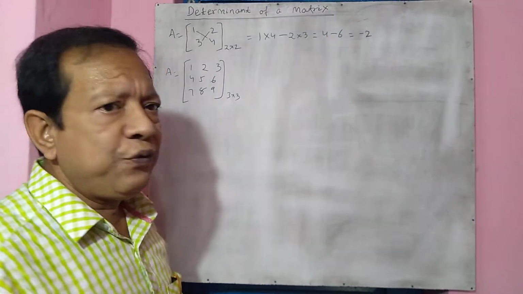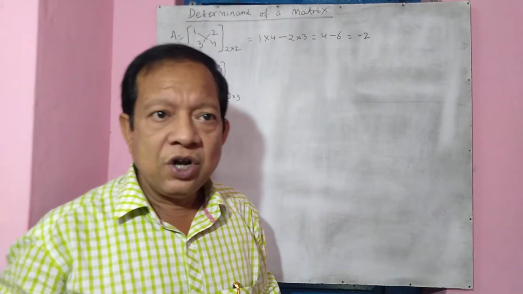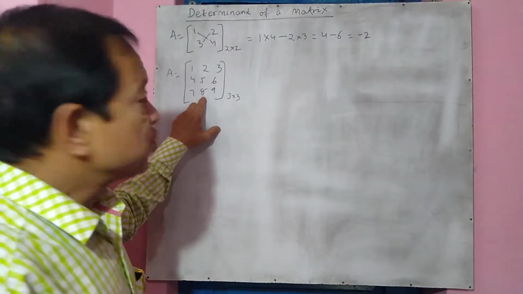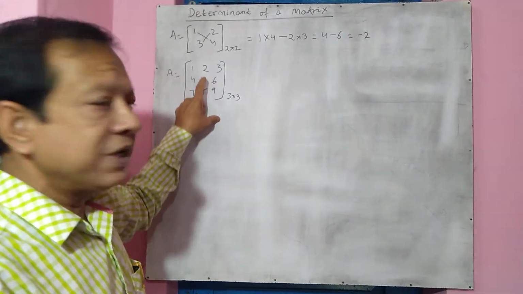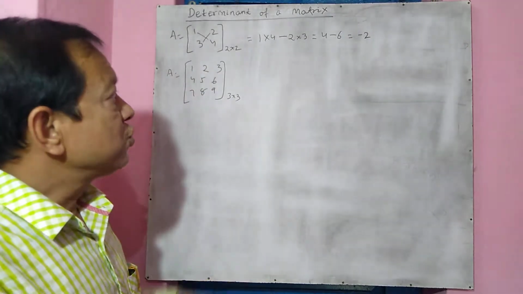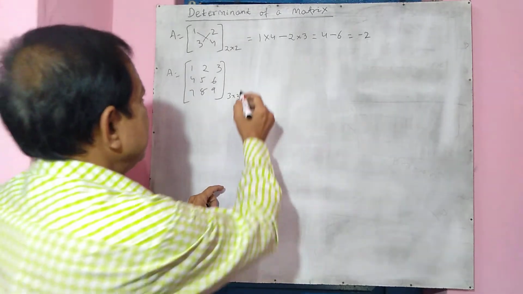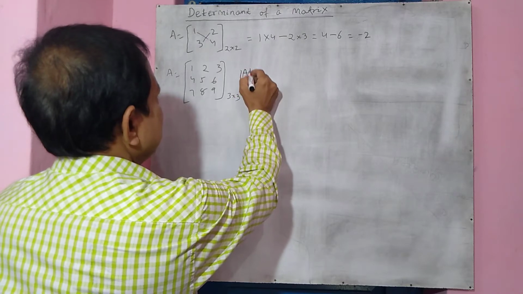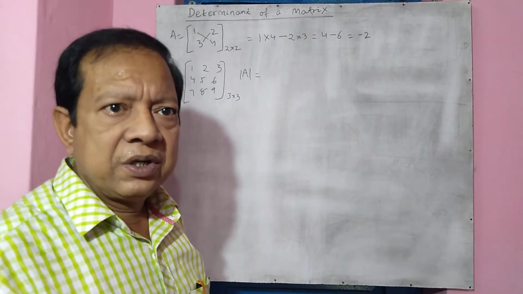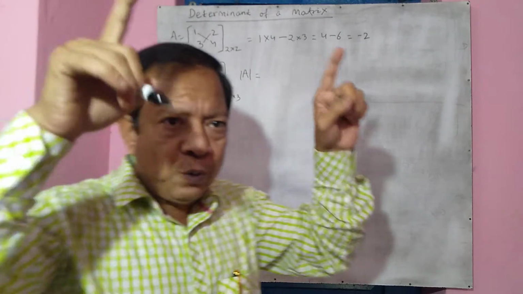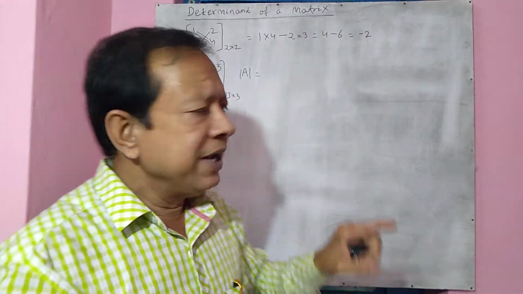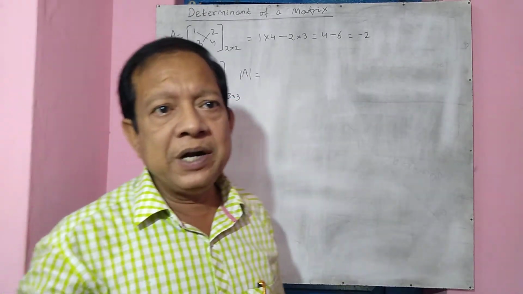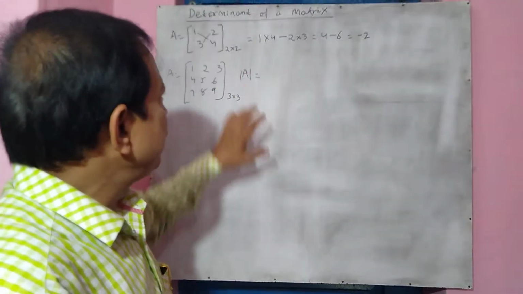So how can we find the determinant of this matrix of third order? Now this is also a square matrix because there are 3 rows and 3 columns, a 3 into 3 matrix. When you say determinant, we write it like this: A modulus. A modulus means if you put two bar lines around A, that is called A modulus. So A modulus means the determinant of A. How can we find it?